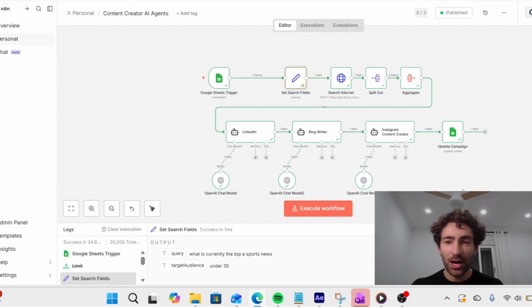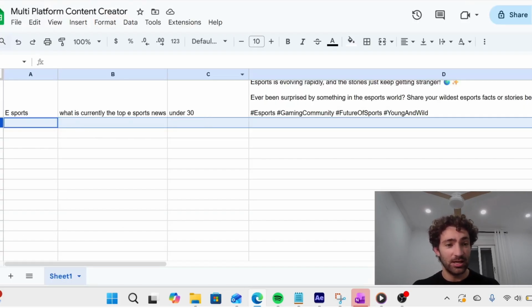Now I'm going to show you how it looks when I automatically publish it. So I published it, and the Google Sheets trigger is now without the limit, because it will only pull in the most recent updated row. Now if I update this row, for example, let's try homeowners, and what is the current housing market like? Aim at young